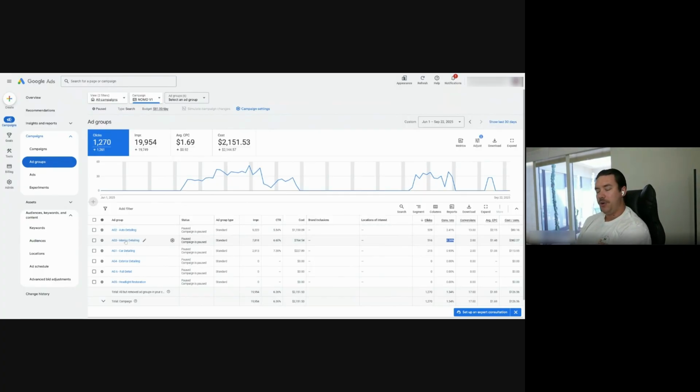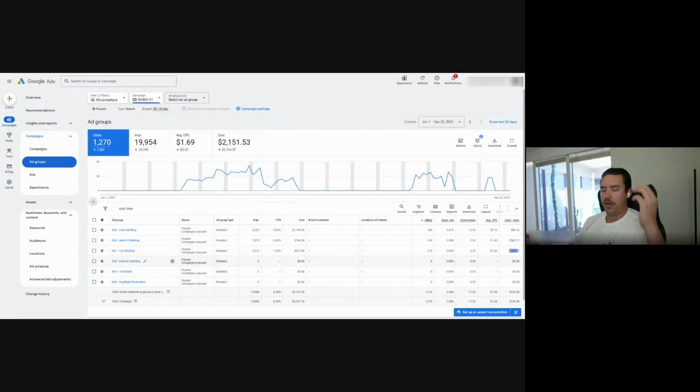And then what you can do too is, let's say that you pause this, you keep this paused, and let's just say that then all the spend now just goes into here and here, and these are still, like, okay, $90, $113. Then I have a method I like to call dividing and conquering. I know I'm sure other people call it whatever. So you can duplicate this exact campaign, but in the duplicated campaign, the only ad groups that you have enabled are these ones, because the reason why you do that is then you give it its own budget, right?